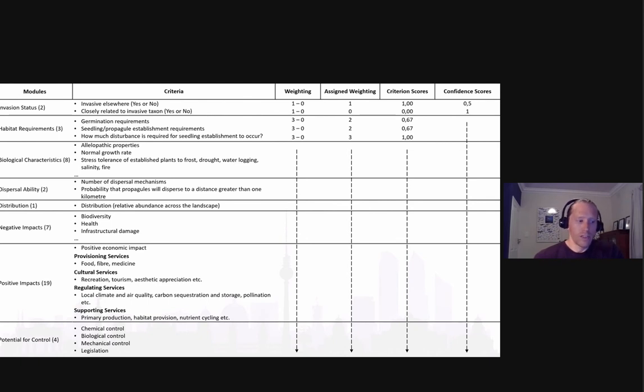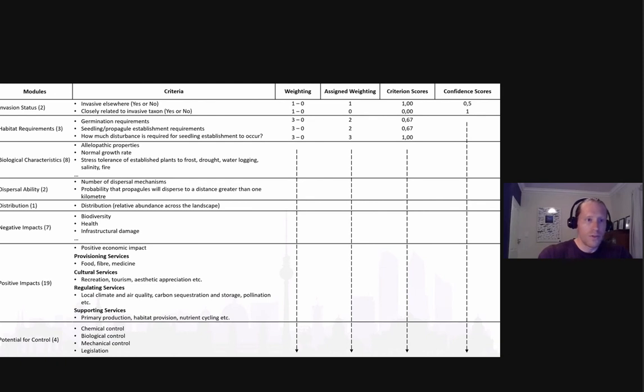But if data were uncertain or based on unpublished data, like, for example, gray literature, or just experience, then a confidence score of 0.5 would be assigned. And then if data were missing or based on interpretation of studies, then the confidence score would be assigned 0. So there's really some confidence weighting that can be assigned to this to give it some validity.